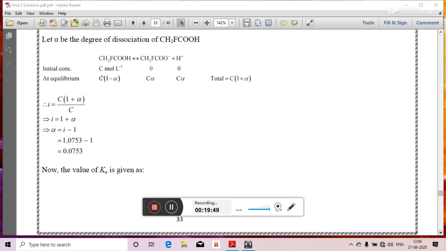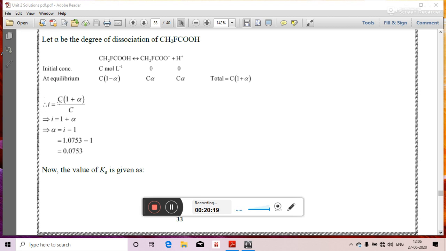So in C minus alpha C, we will take out C as common. So it will be C into 1 minus alpha. Now here we will see that as alpha C is used up, the number of ions formed will be alpha C, alpha C. So if you take the total of these three at equilibrium, that will come out as C into 1 plus alpha, okay? And if you take the total of the initial concentration, C plus 0, that will come out as C, okay?